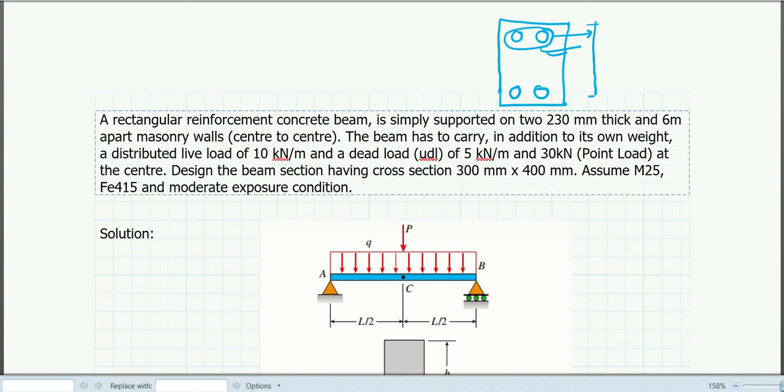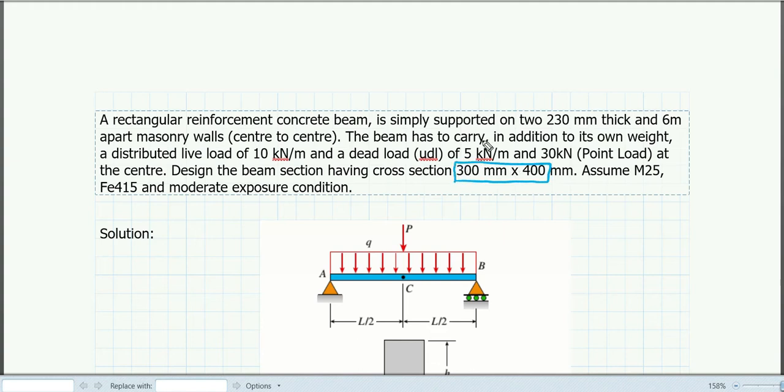Whenever we are solving any problem in an exam, you might have to find whether the beam should be designed as singly or doubly reinforced. In most cases where the dimension is already given to you, that problem is most probably a doubly reinforced beam problem, though you are not sure unless you find out the limiting moment of resistance of the section. You cannot say definitely that it is going to be doubly or singly reinforced, but in most cases, if the dimension is already given, it might be a doubly reinforced beam.